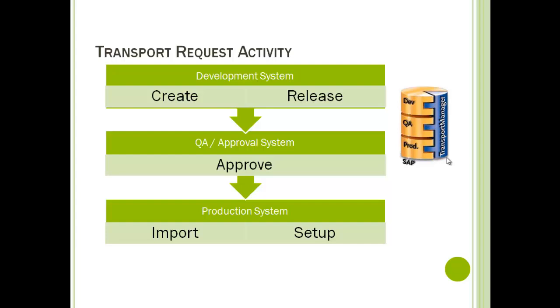Once you have created the changes, you will create a transport request. As we have seen, whenever you modify anything, you create a transport request. But the person who creates the transport request is a developer. This transport request, or the consistency of the development or program which they have created, needs to be reviewed by somebody else. Let's assume you have a development team of maybe 50 or 100 people doing developments in your development system, but this needs to be reviewed by somebody else before it goes to quality,